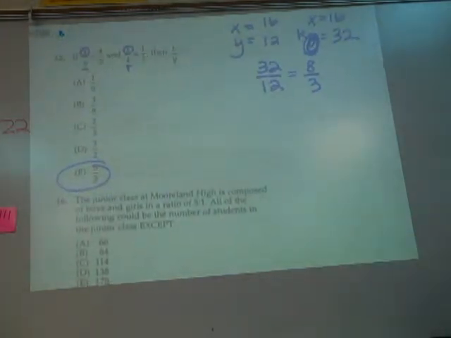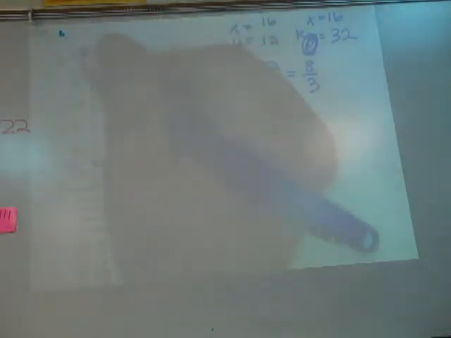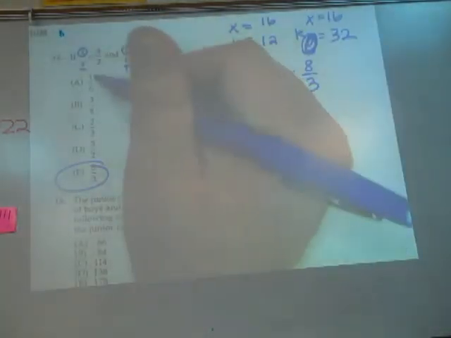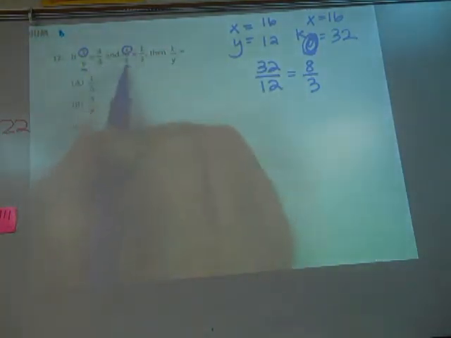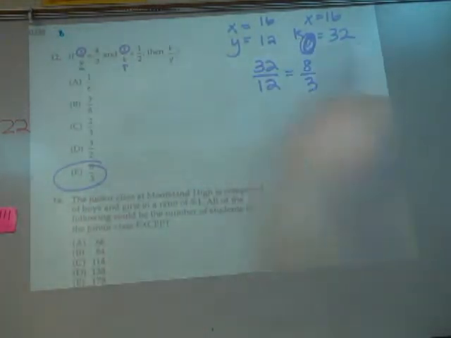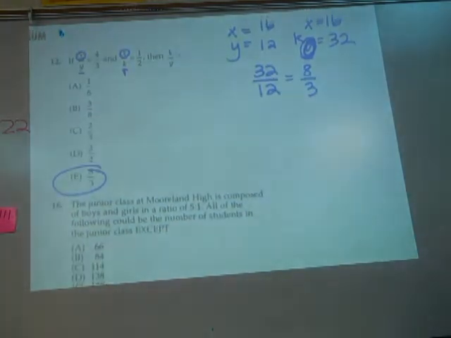You just have to be careful about what you plug in. You have to pick an x and a y so that when you make a fraction out of them, it reduces to 4/3. And whatever you pick for x in this fraction, it has to stay the same in the second one, and that's going to dictate what k has to be. Then once you do that, you can make a ratio of k over y and reduce that ratio to get